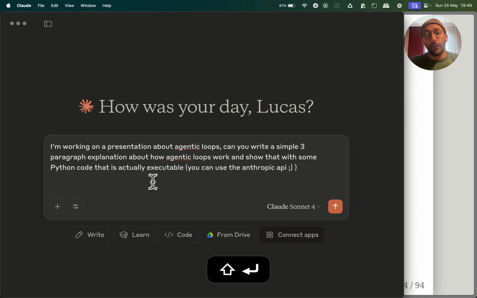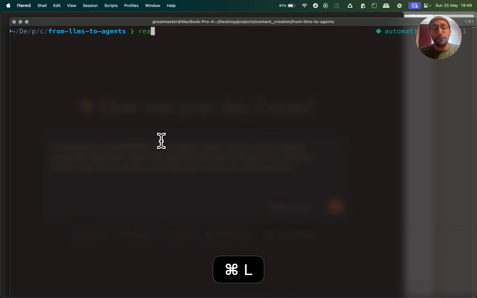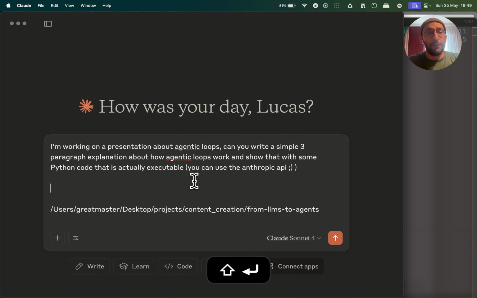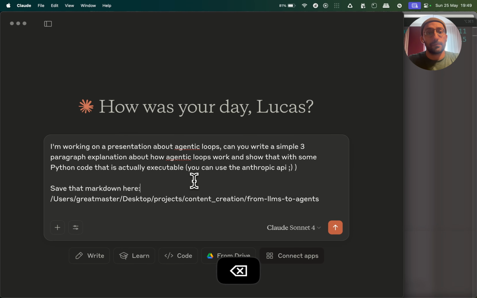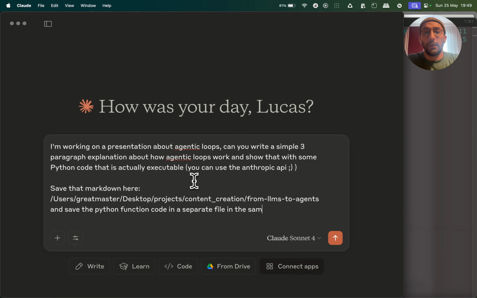Okay, so folks, what I'm hoping this thing is going to do is actually perform these actions that I'm asking. And I'm going to refer to the path where I am on my computer. I'm going to paste this here, save that markdown here, and save the Python function code in a separate file in the same folder.